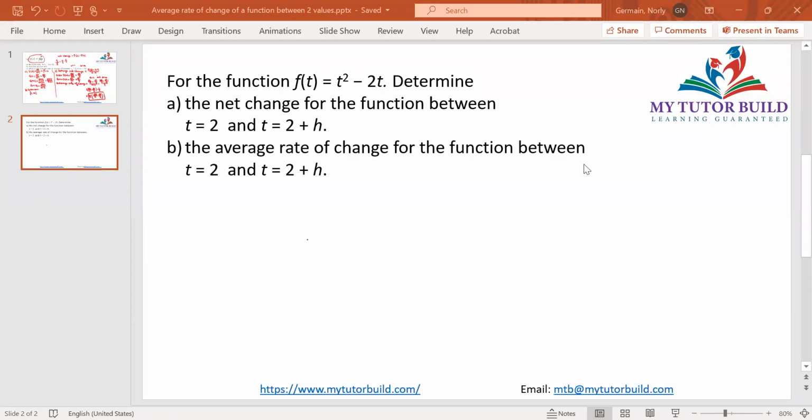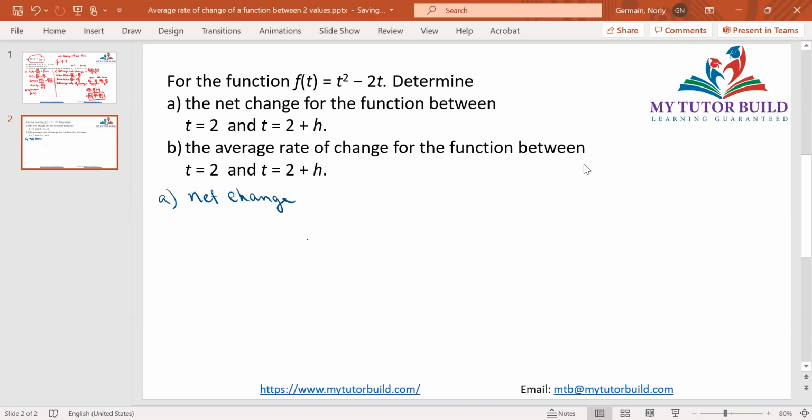In this video, we're going to determine the net change for the function between two values. And we're going to find also the average rate of change for the function between two values. To find the net change